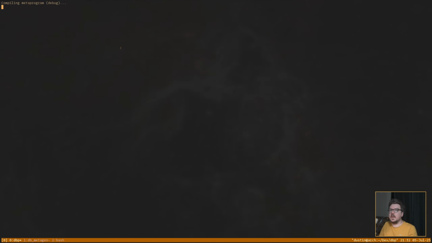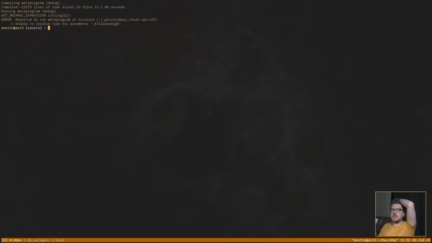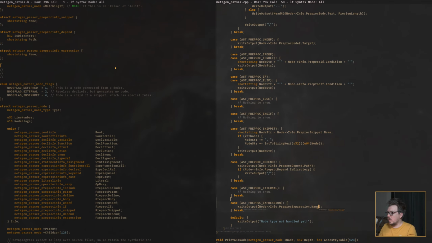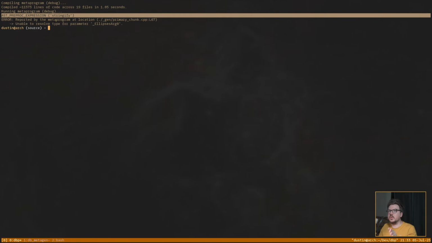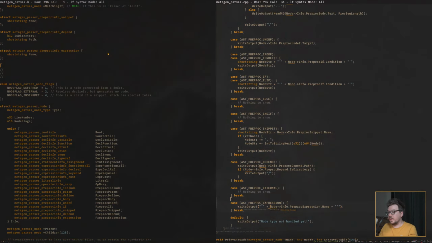So now when we print this out, we should see that this expression here was a stringify, right? And I think we want quotes around that. Right, so this preproc expression is stringify. We want to replace this node on the tree with the stringified version of whatever its expression was.